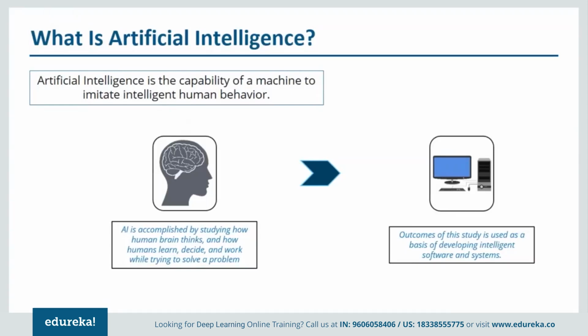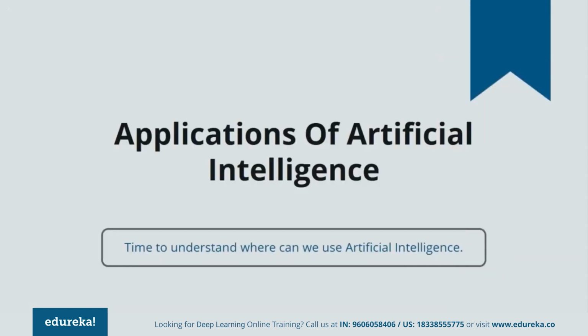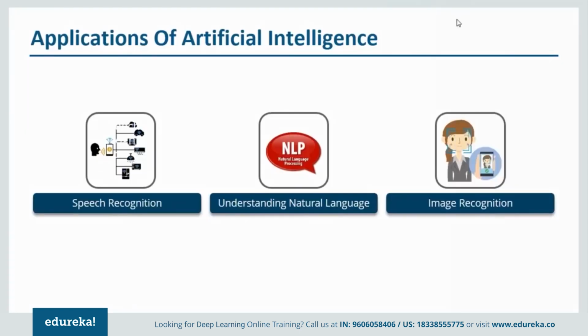Let us move forward and look at various applications of artificial intelligence. This slide talks about the applications of artificial intelligence. I've listed only three of them, but there are millions of applications. For example, it is used in speech recognition. Whenever you search something on Google, you can just tell Google and it'll search it for you. Similarly, it is used for understanding natural language as well as for image recognition. And there are many other applications, for example, self-driving cars, Siri, recommending products, and even on websites like YouTube or Pandora, YouTube knows which video you want to watch next.